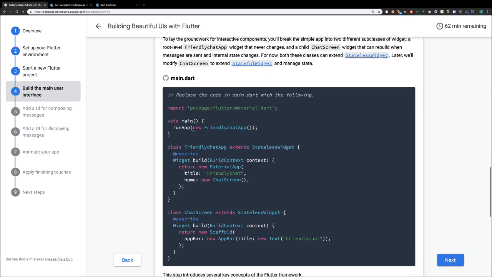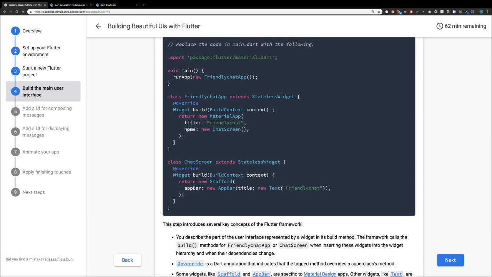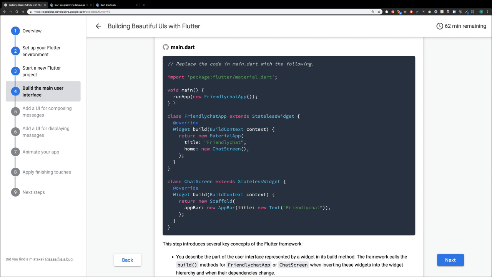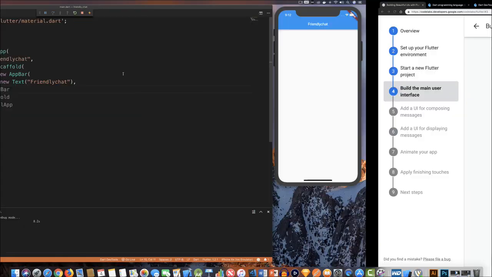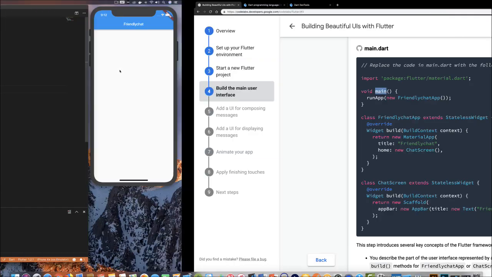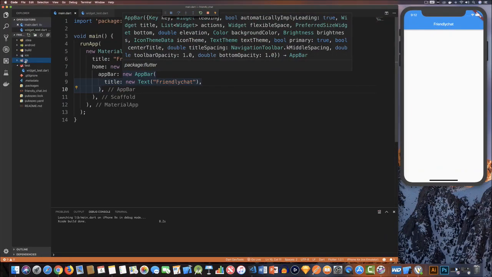So what I'm going to do here is, I know they're all in the very same app, but I'm going to break this out. FriendlyChat app is a stateless widget, and chat screen is a stateless widget, and I'm just going to keep my main in the main.dart file. So I'm going to go new file, FriendlyChat